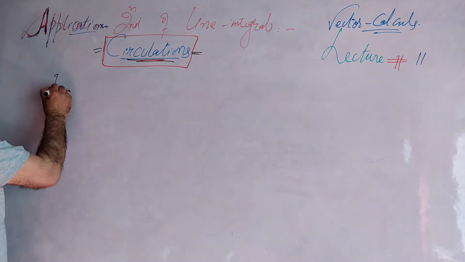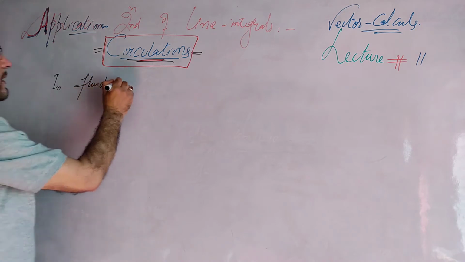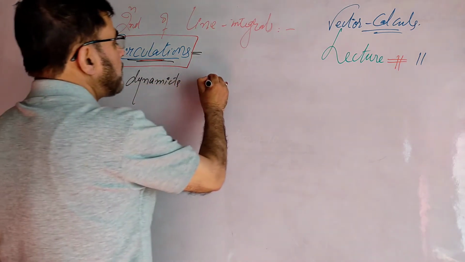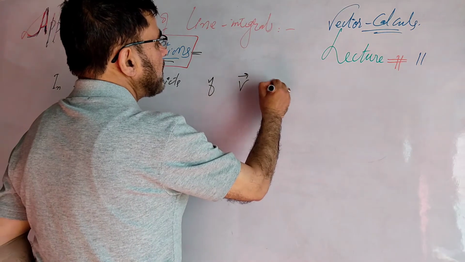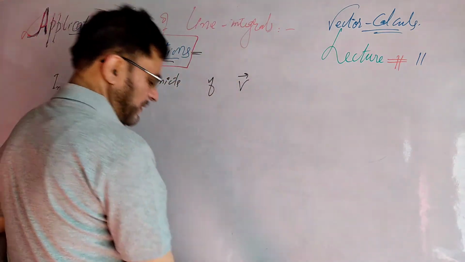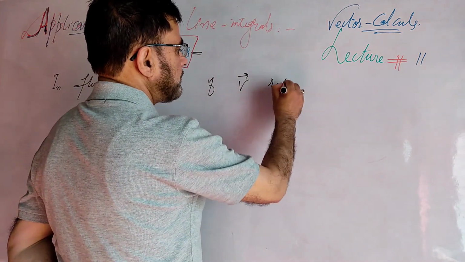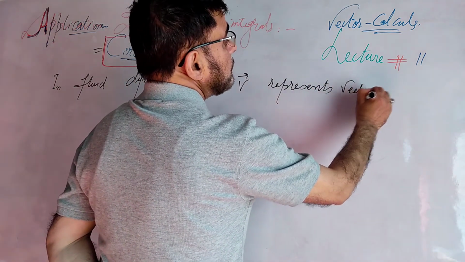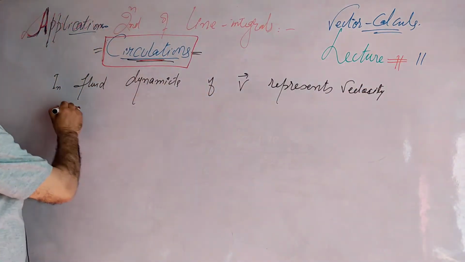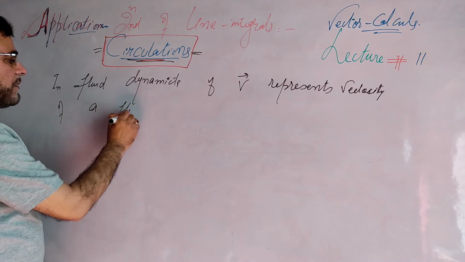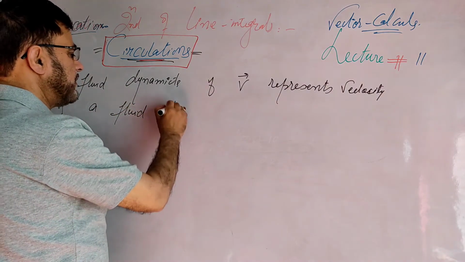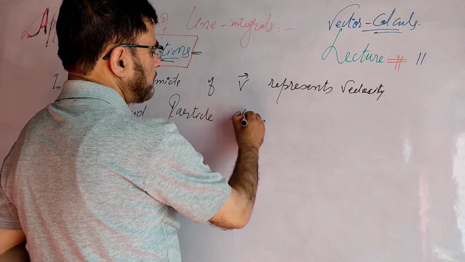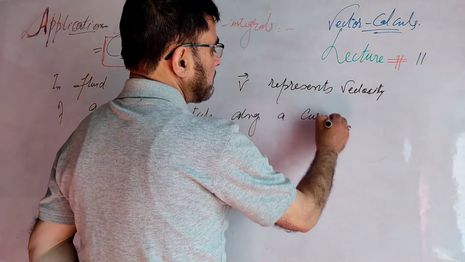In fluid dynamics, if V represents the velocity of a fluid particle along a curve C, then